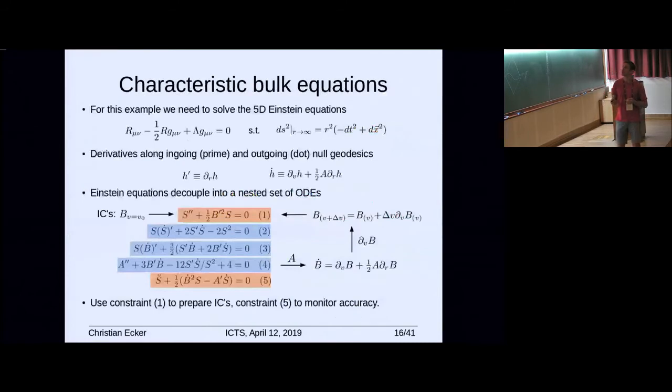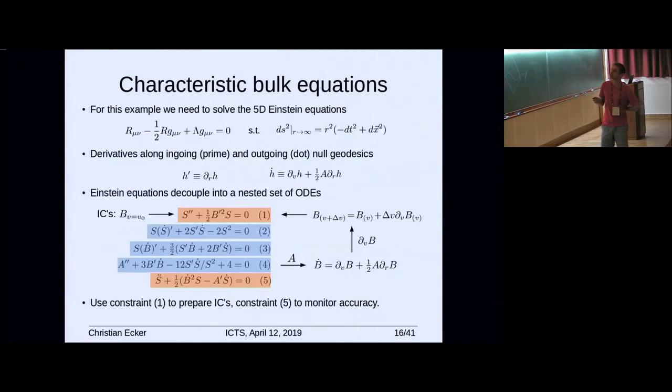So let's see how to do this kind of calculation. For getting this result, you have to solve the 5-dimensional Einstein equations that I wrote here, subject to boundary conditions, where in this case we assume that the boundary metric is simply conformal to Minkowski. To realize this characteristic formulation, we introduce this modified dotted derivative, which is a derivative along outgoing null geodesics, and this radial derivative is a derivative along ingoing null